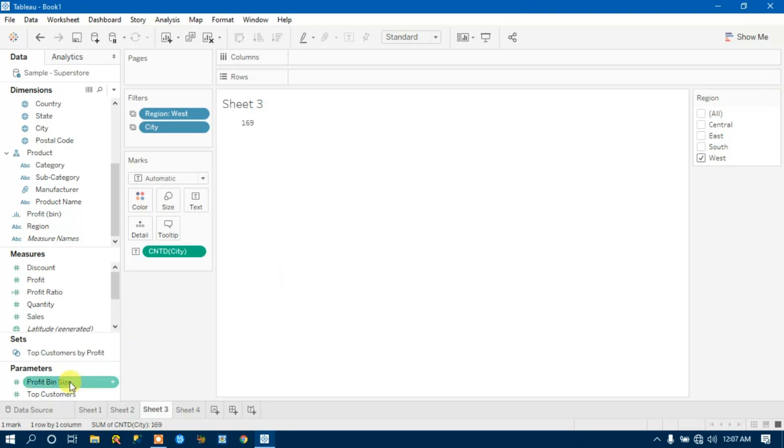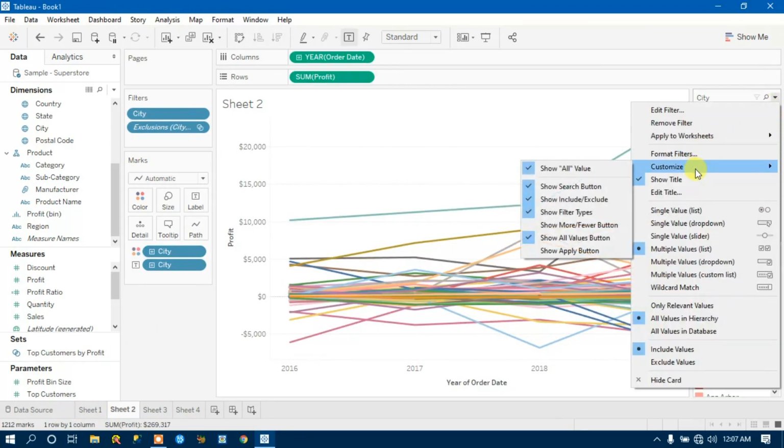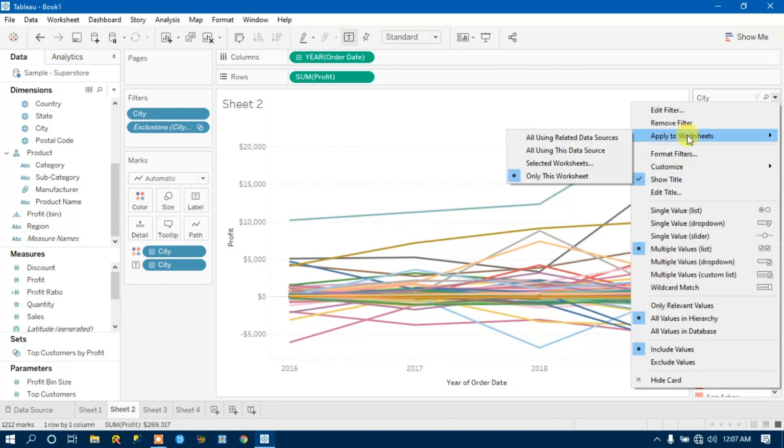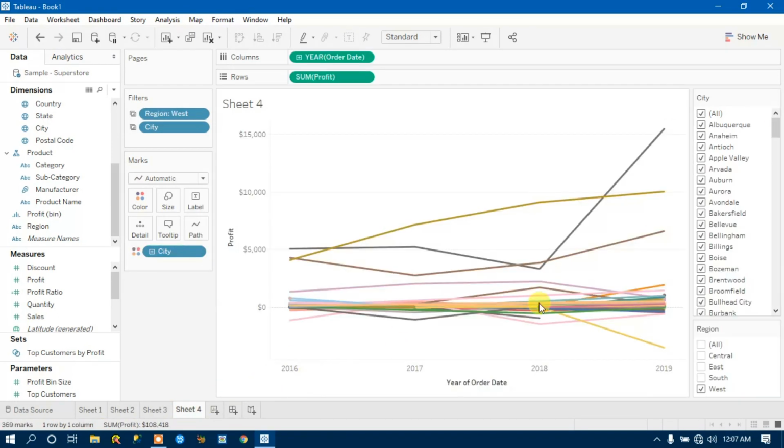What this option is basically saying is that you can apply it to the selected sheets, or you can use all sheets using this data source. Wherever this data source is being used in any of the worksheets, that will apply over there. Simply you can say all values in database, so it will go back to what it was earlier.